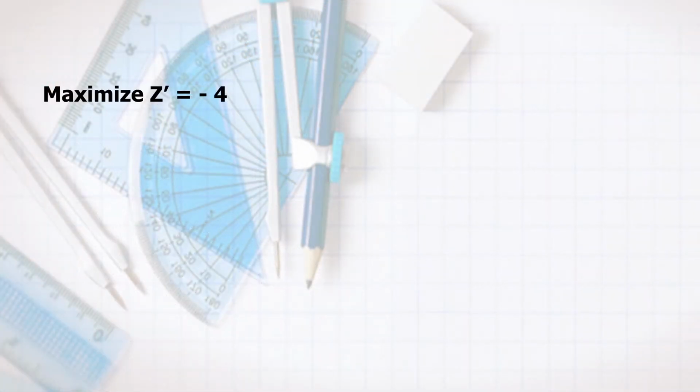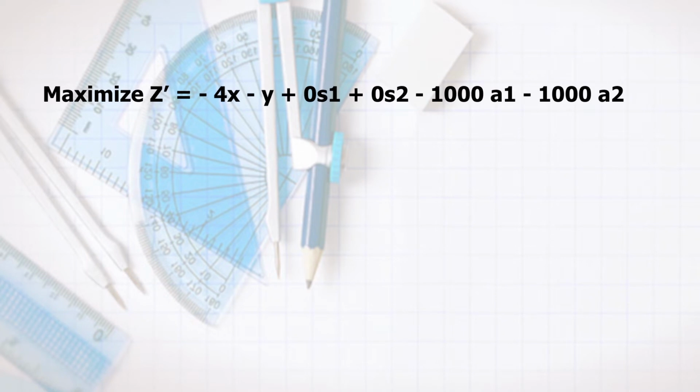Hence, to drift back to the original problem as and when we proceed through the simplex method iterations, a technique called big M technique is introduced. By this technique, introduce a negative of a huge number as coefficient of the variable a1 and a2 in the objective function. That is, by using big M technique, the problem becomes maximize z prime is equal to minus 4x